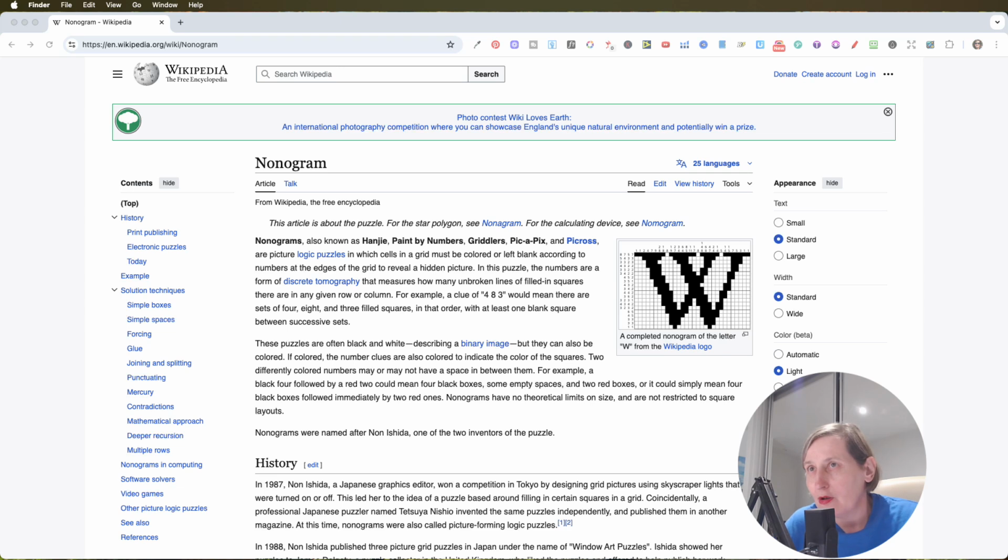So what are nonograms? Well, nonograms are logical puzzles. Basically, I've had a look at Wikipedia. They are called different names in different countries, like Hanyi. I think that's the correct pronunciation, but somebody may correct me on that. Paint by numbers, gridlers, pick-a-picks, and pick-cross. Basically, it's a logical puzzle where you are given a set of numbers in